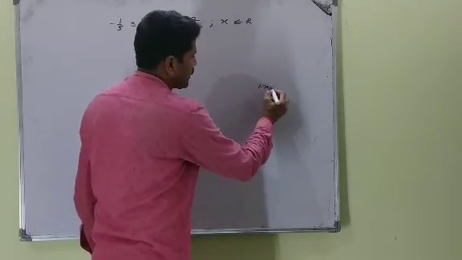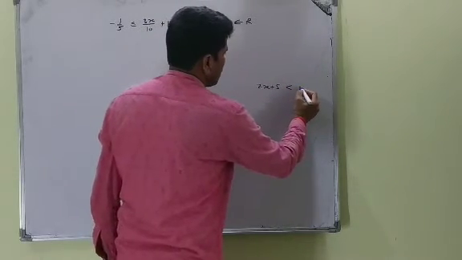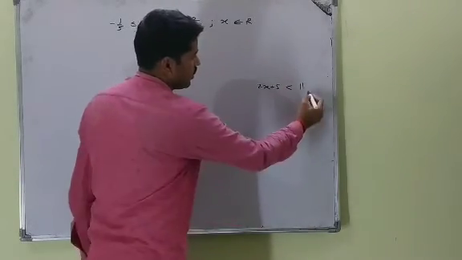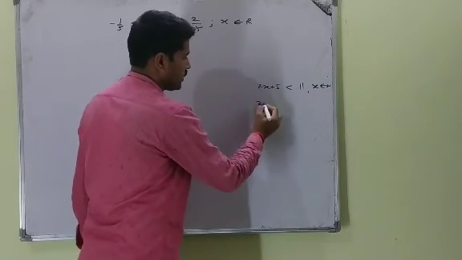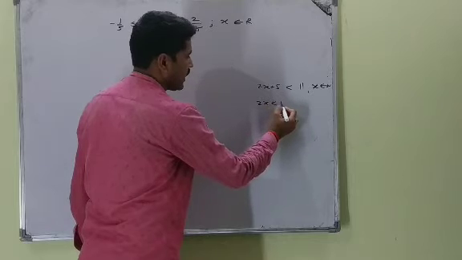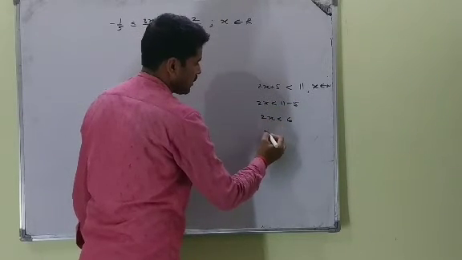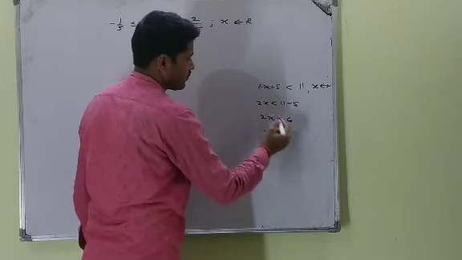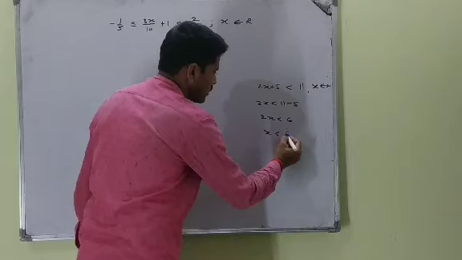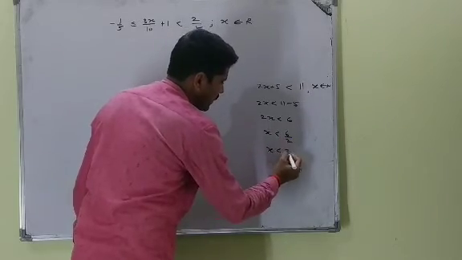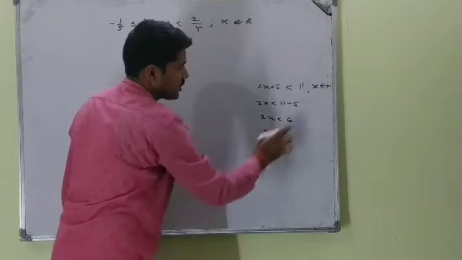Suppose 2x plus 5 less than 11, where x belongs to natural number. Okay? Then solve it. Same procedure. 11 minus 5, 2x less than 6, x less than 6 divided by 2. Same, we are just using the transposing rule. 6 upon 2, x is what? Less than 3. So x belongs to N, this is natural number.